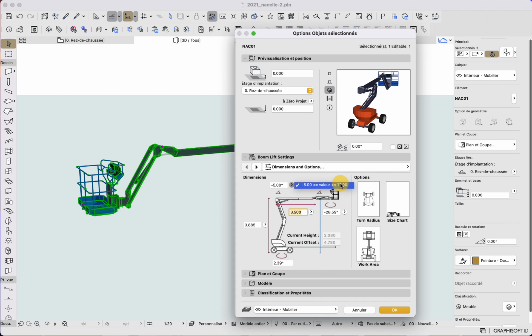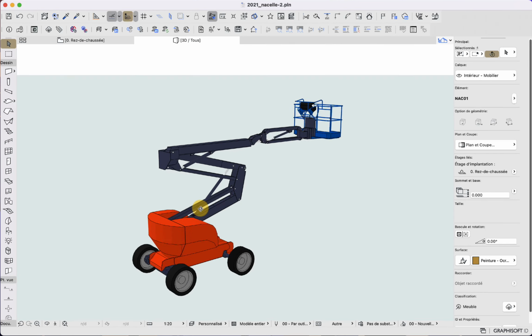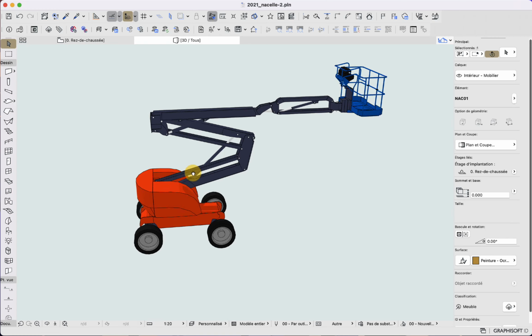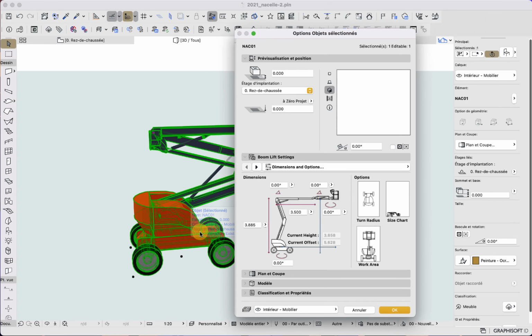Here I can see that, according to the reality of the object, I have minimum and maximum sizes that need to be respected, otherwise it's not possible. If I want the arm fully horizontal and straight here, then I need to put all the angles and rotation at 0, and when I apply, everything is proper. So really, except for this big challenge of having the proper trigonometry everywhere it needs to be, this is all that we can do with this object here.